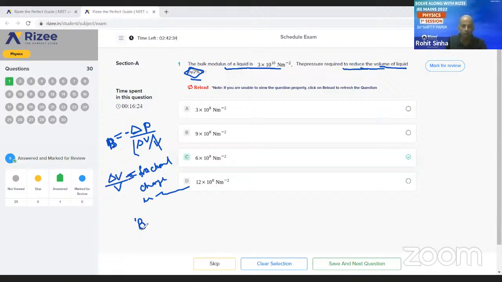Now it is telling that the volume is reducing by 2%. That means delta V by V is